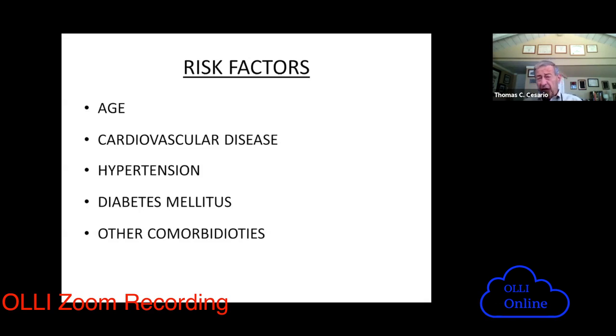Now, we do know that there are certain risk factors that make it more likely that you get sick. What's the most important one? Age. The older you are, I'm going to show you this after a while, the more likely you are to have fatal consequences of this. And probably we could say the more likely you are to get seriously ill. But that's compounded by other factors. Heart disease, high blood pressure, diabetes, transplants, probably cancers, all make you more vulnerable. Plus probably other factors that we haven't defined yet that make you more vulnerable to getting sick with this. Next slide.